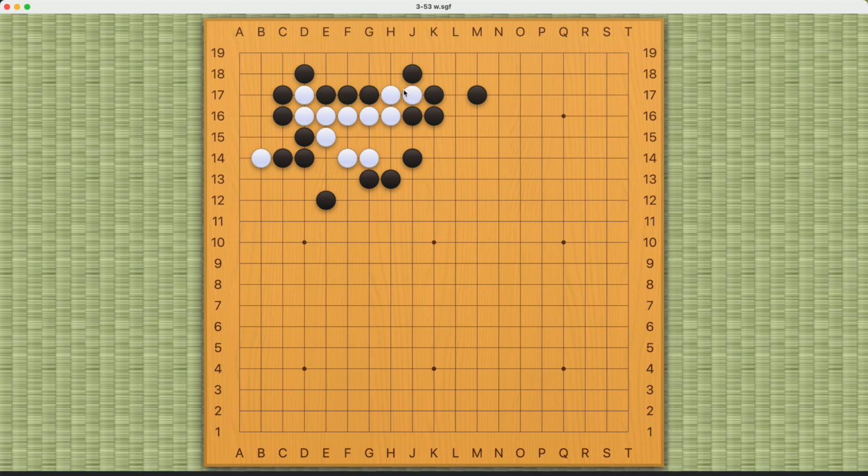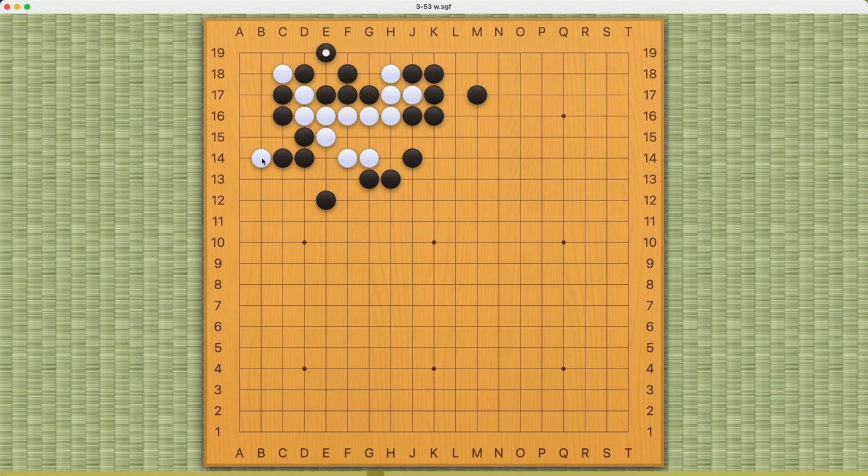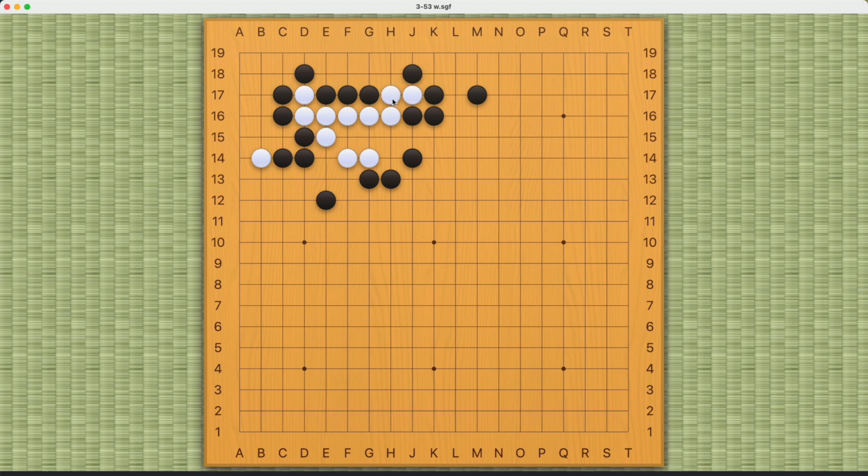If white plays some conventional moves like this, it will fail, because after number 2, white can't really do anything here on the corner. And if you're wondering what these 2 stones are doing, I'll show you a different pattern without this exchange, and the whole problem will be different. But under this setup, white cannot succeed with number 1, and that requires us to play something here on the